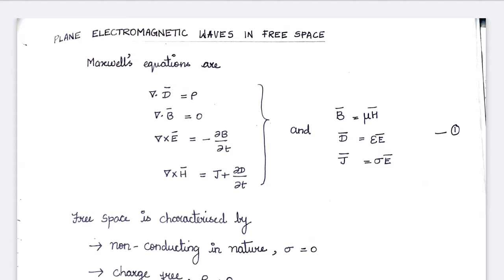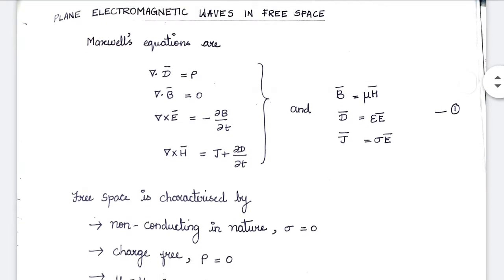0. The curl of E vector is equal to minus dou B by dou t and curl of H vector is equal to J plus dou D by dou t, where the displacement vector D is given by epsilon E vector, the magnetic vector B is given by mu H vector, and J, the current density, is given by sigma